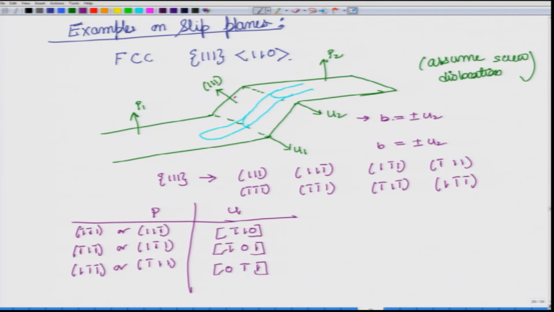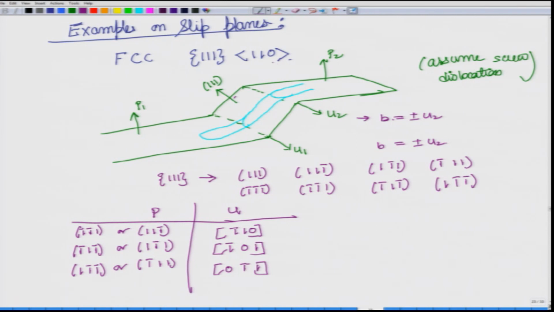Again, if you take the dot product of 0 bar 1 1 with bar 1 1 1, it is 0, and the dot product of 0 bar 1 1 with 1 1 1, which is the other plane, will be 0. To remind you why we are taking the dot product: it tells us that this direction lies in the 1 1 1 plane. If this particular direction lies in this plane, the dot product must be 0, and we said that this is a common line which is on both of these. So the dot product for both of these should be 0, and that is what we are getting. If P is 1 1 bar 1, this is the only possibility in this set of directions.